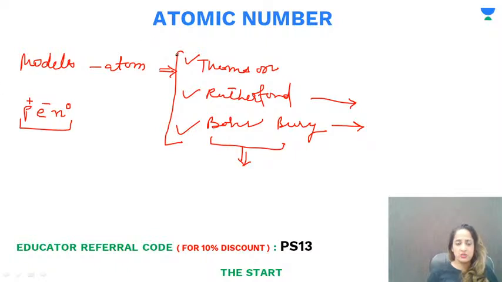So as I said, why do I have to discuss atomic number, atomic masses and all this in structure of atom? Because in structure of atom we have understood that atom is made up of these subatomic particles, which are